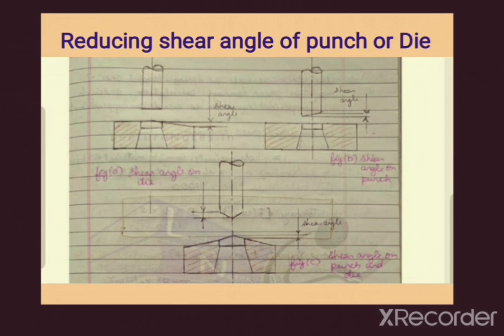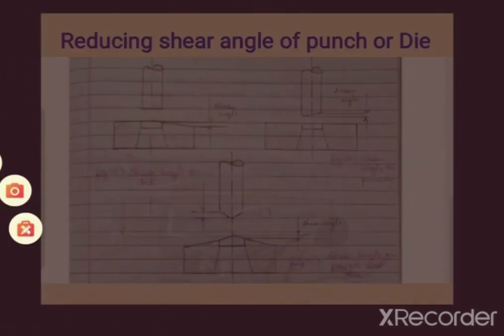Also you can increase efficiency. Also the shock is distributed properly and smoothing of the operation is possible. This is the significance of shear angle. In such a case the shear force you have to calculate, and the summation of shear force and maximum force is then considered. This is about the reduction of cutting forces in press tool design.